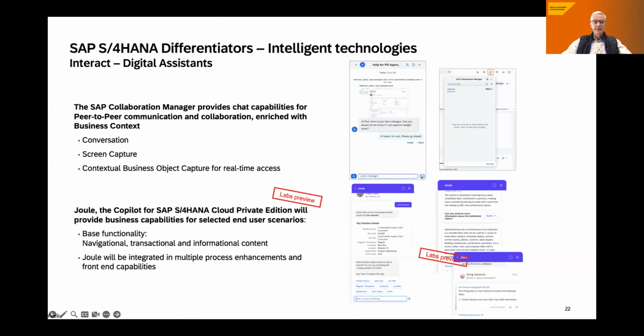The other important digital assistant here, which needs to be mentioned, is our Copilot Joule, the Copilot for S/4HANA Private Cloud Edition. And this is really our interface to the up-to-date intelligent world. The next slide, please.